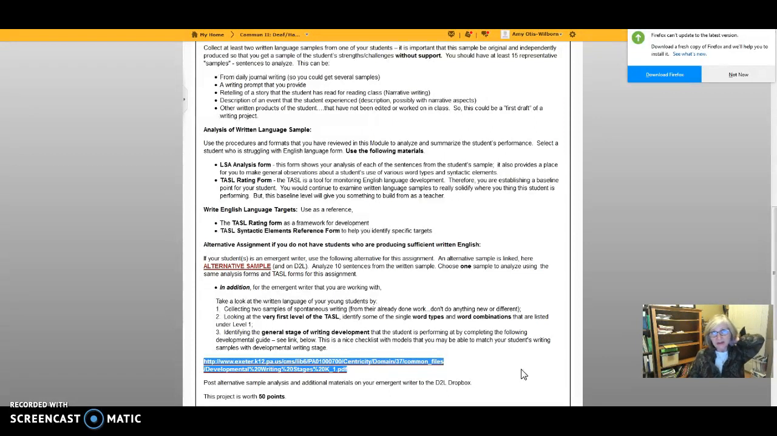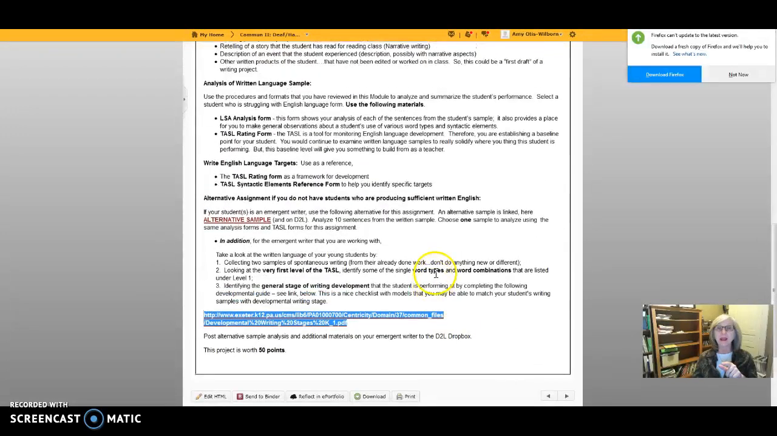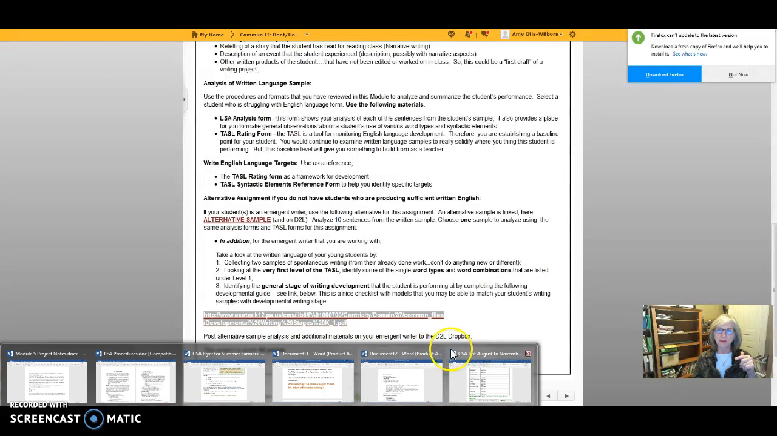For the alternative, if you choose to do the alternative because you have a very young child, I give you a sample. Alternative: analyze 10 of the sentences from the sample. But then for your very young children, I want you to look at their developmental writing. So it's not going to be a sample, it's developmental writing. And this link, which doesn't link, you'll have to put it in your browser,